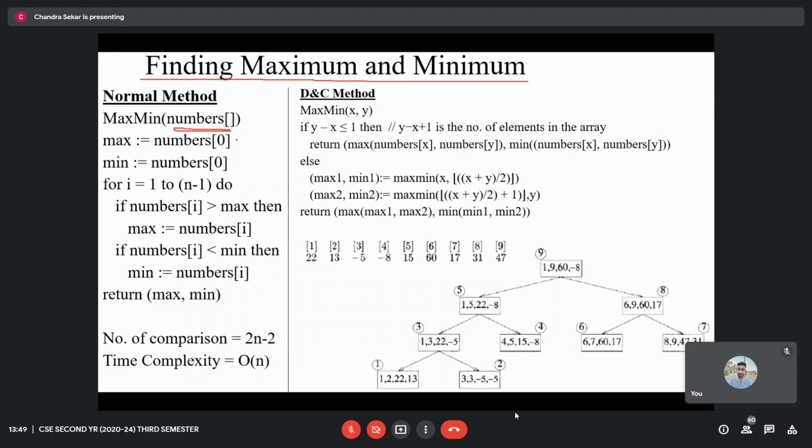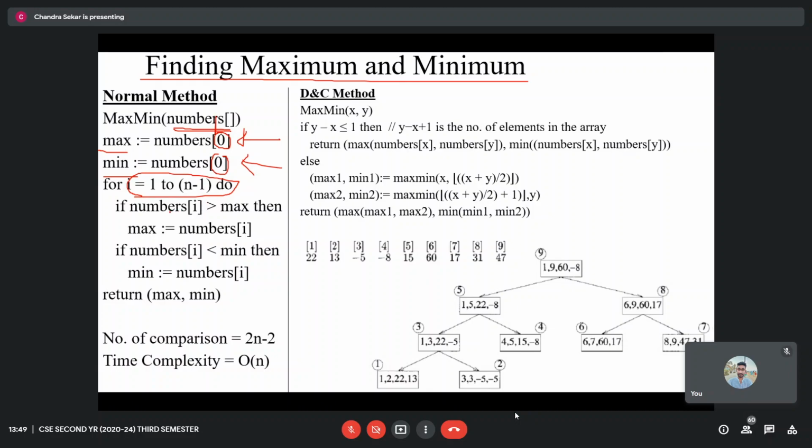One general approach that can be used is to assign the first element in the array as both max as well as min, and perform the search from the second element to the last element. Because you have already assumed that the first element could be max and min, start the search from the second element till the last element.